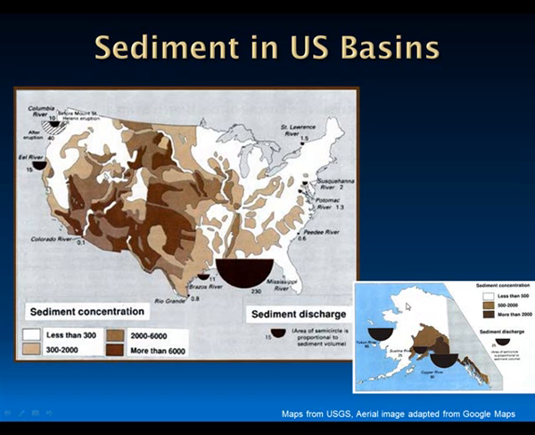If we look at Alaska, then the northern portion of the state is covered in tundra, which is a thick vegetation mat that does a really good job of holding sediment in place. As opposed to the southern portion down here, where you've got these steep mountains with glaciers that are grinding up the sediment and producing these big sediment loads, for example, in the Copper River, producing the Copper River Delta, which